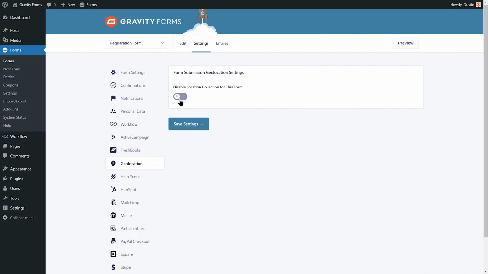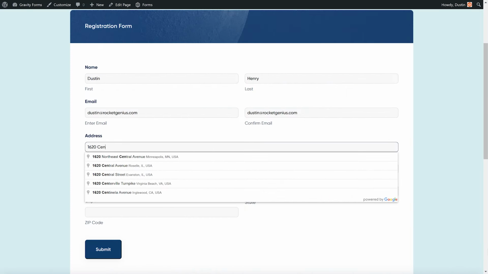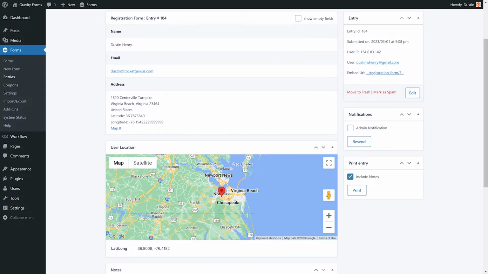Finally, if you want to disable location collection for a form, you can do so from within the form settings under the Geolocation tab. By tracking geolocation data, you can collect information you need to make informed decisions for your